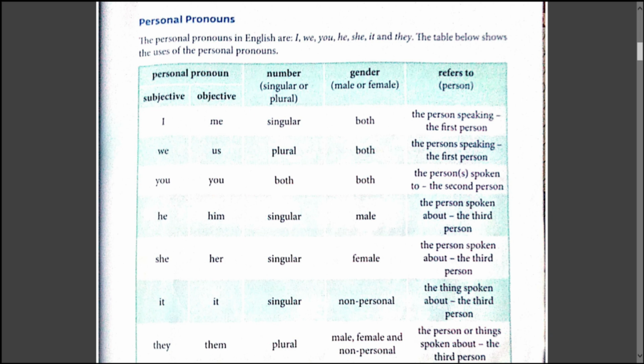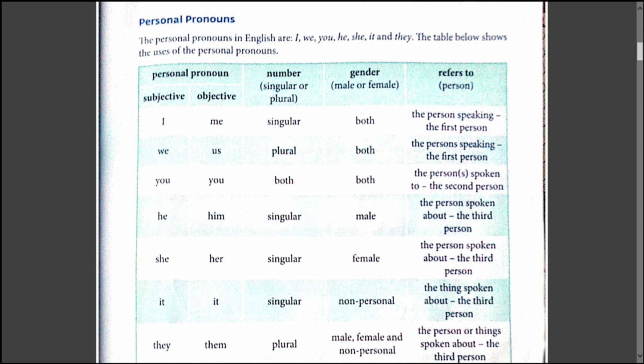The table below shows the uses of personal pronouns. Here a table is being shown. There are columns. Personal pronouns. One is subjective and the other one is objective. We have done transitive and intransitive sentences in the previous classes also, students. If it comes on the subject side, then it is subjective. If it comes on the object side, then it is objective. Then we have number, singular and plural. Then we have gender, where male and female will come. Then refers to